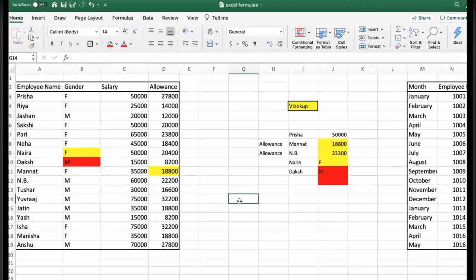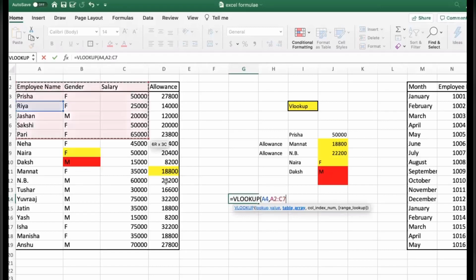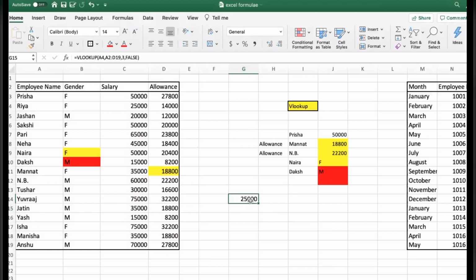All right, in this way I can do one more time for you, like VLOOKUP, and now we will try with Ria. We will select the table, and the next one, comma, column index number. What I am asking for is maybe salary, that is the third column, salary. The next one, false for exact match, then close bracket, enter. So Ria has a salary of 25,000. The same thing is showing over here as well.